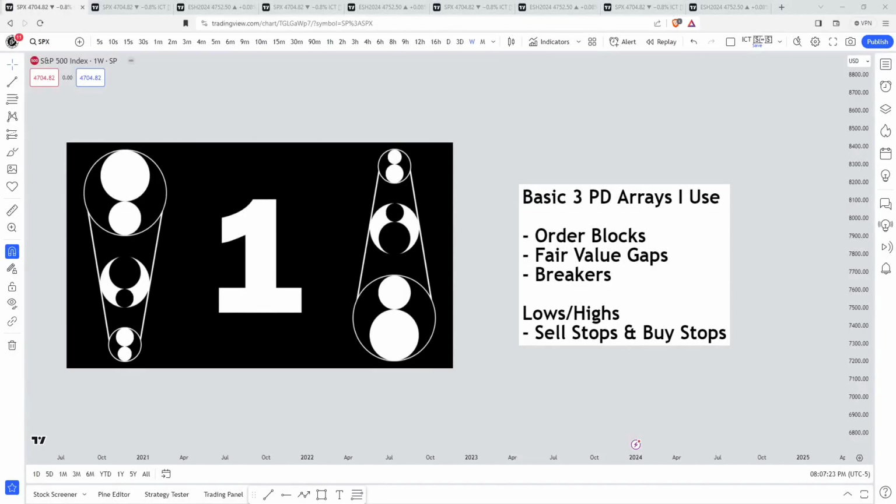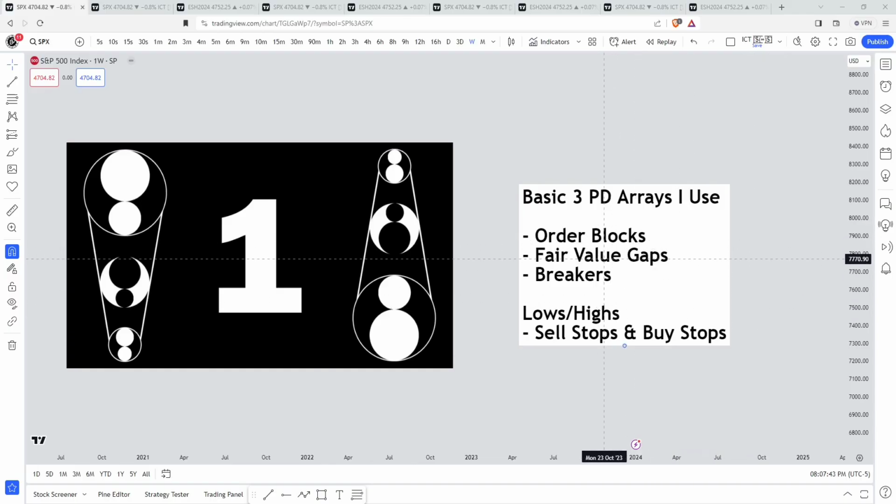I'm going to be diving into the basic 3 PD arrays that I use. This will just be a very beginner friendly video. I'm going to dive into order blocks, fair value gaps, and breakers. And we'll also be talking about sell side liquidity and buy side liquidity, or as I have noted, sell stops and buy stops here. I'm not going to be talking about the model in this video, but you need to